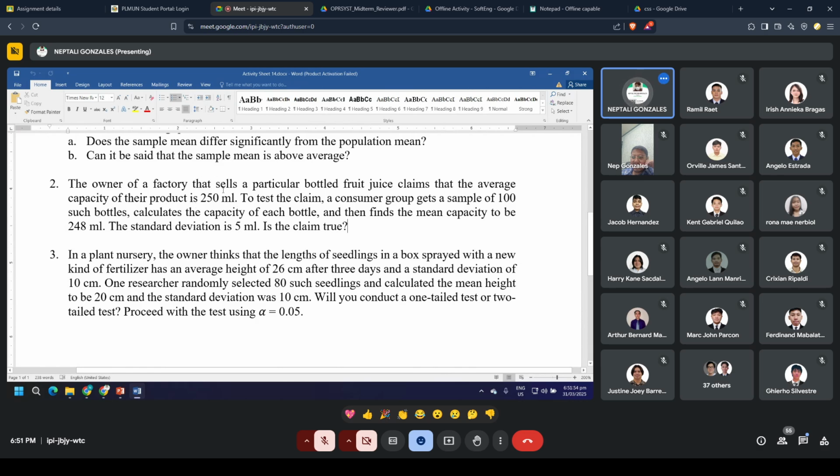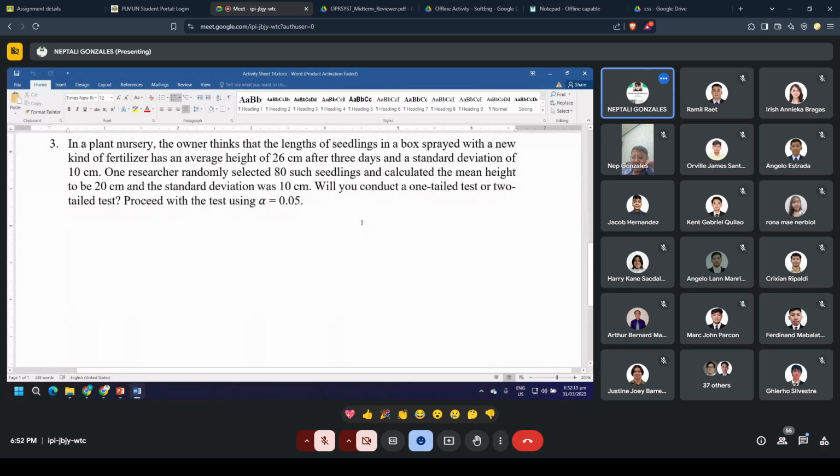Ito, given na to. 250 is the population mean. Sample population is 100. Sample mean is 248. Standard deviation of the whole population is 5. You then construct the HO and HA. And the last,